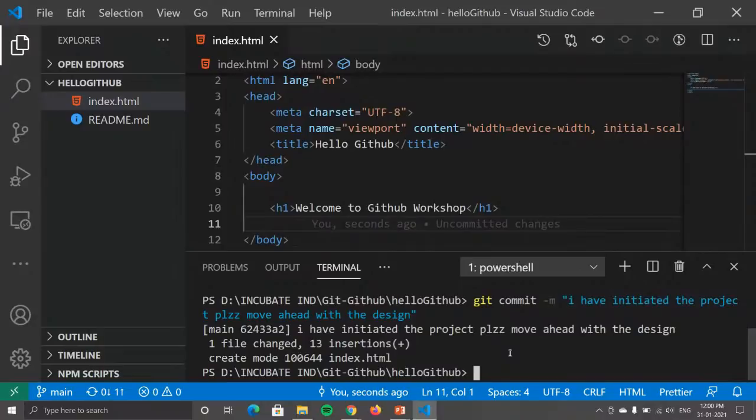So remember, even though a pipeline has been set up between a local repository and a remote repository, the interactions of the code will only happen through two commands, which are pull and push. So if you are pulling something from the remote repository, it would come directly onto the local repository. And if you are pushing the code, it would be vice versa. That is, the changes that you have made onto the local repository